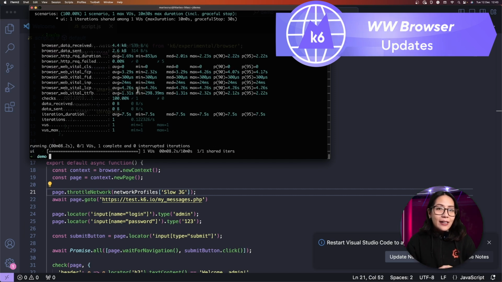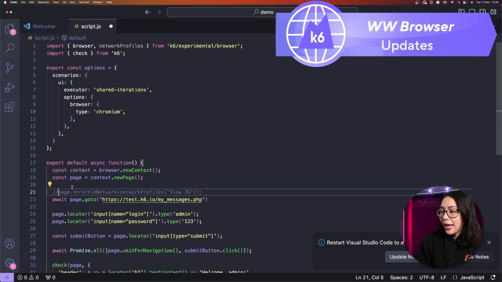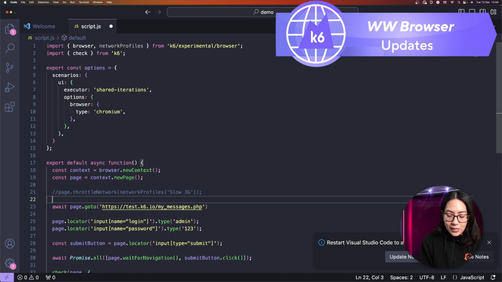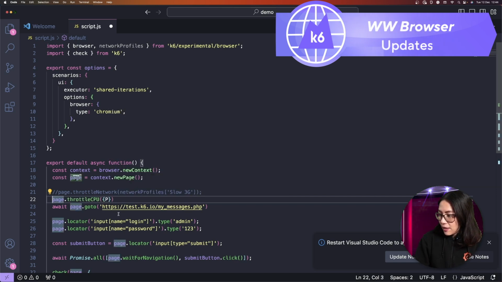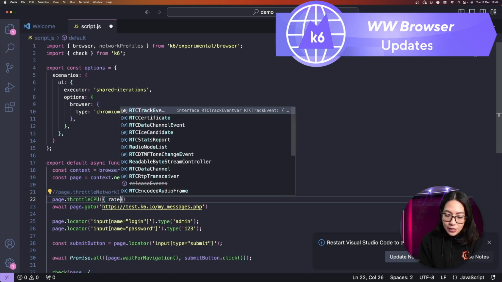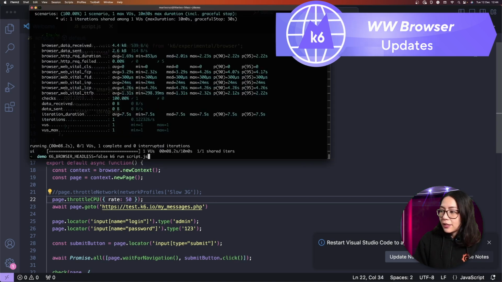On the other hand, if you also want to see what your user experience is like if they're on slower devices or slower machines, there's also a new method called page.throttleCPU. This will slow down your machine's performance by a specific number. So we can call page.throttleCPU like that, and then pass in the slowdown rate. For this particular example, I want my machine to have a slowness of, let's say, 50 times. So if I save this test and run it again,